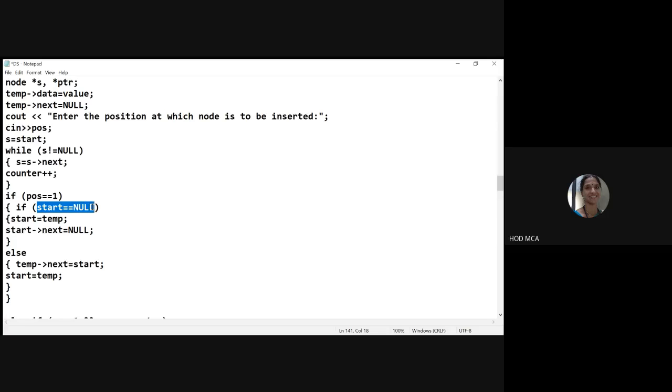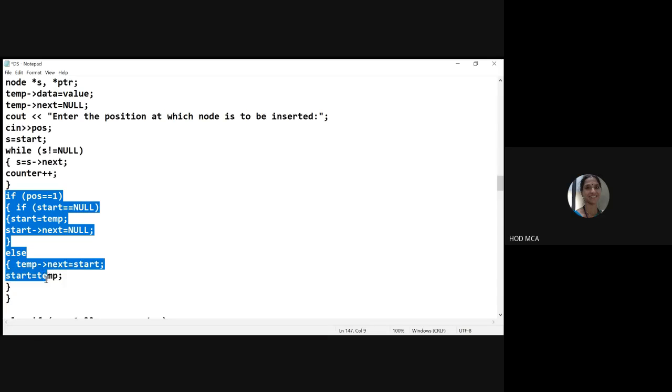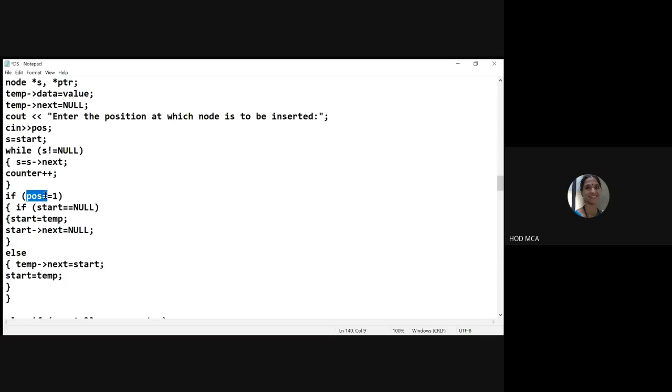If my list is empty, then my temp node itself will become the first node. This is very similar to our insertion at the beginning. Else, if it is not empty but I still want to insert at the first position, again this whole thing is very similar to the insertion at the beginning that we saw, because we have said position is equal to 1.